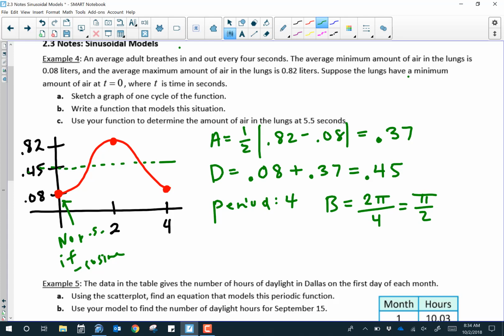Okay, I like to keep it as simple as possible, so I'm going to use no phase shift and use negative cosine. All right, so we have now y equals